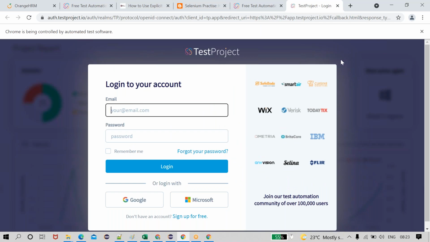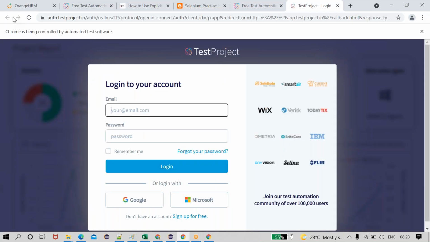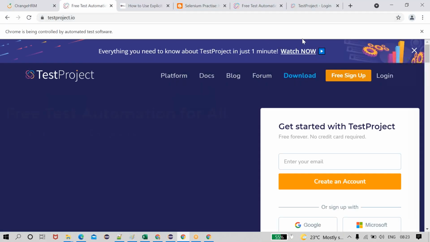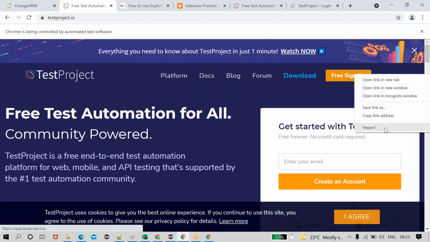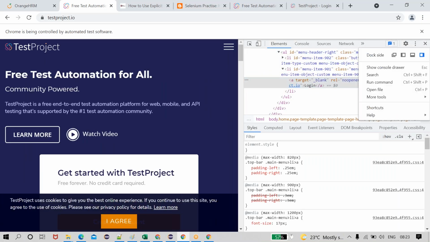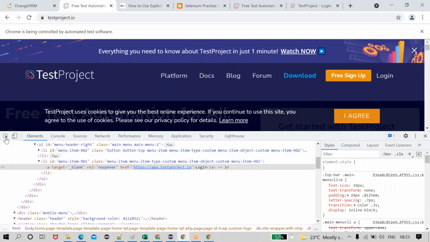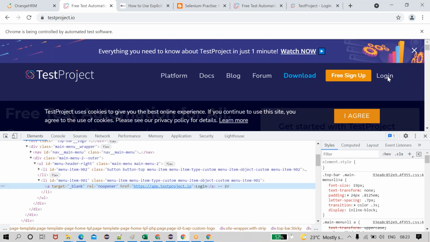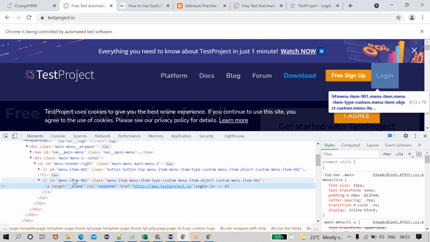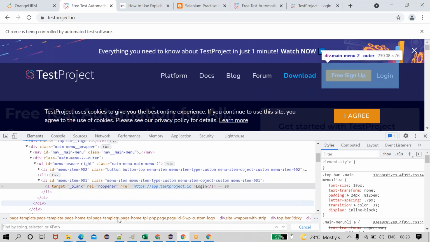The same way we need to do by using the same code. You just need to navigate to this URL, and after that inspect this element. How to inspect this? The docker should be moved to the bottom. Then by using the inspect keyword, we are going to inspect it. See what it is showing. It is showing the text login. It is showing the ID. Simply, I am taking this like this.